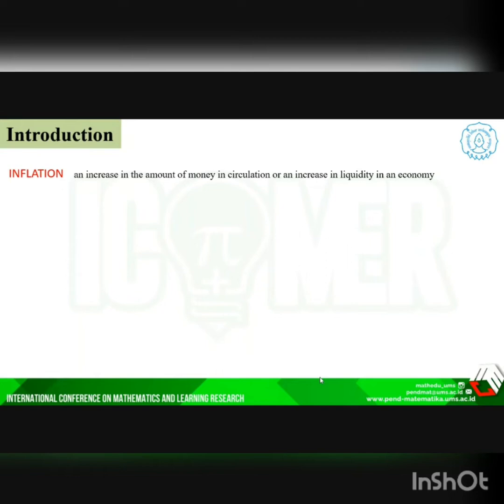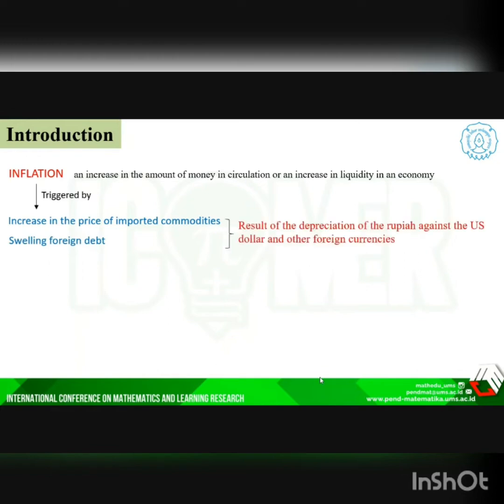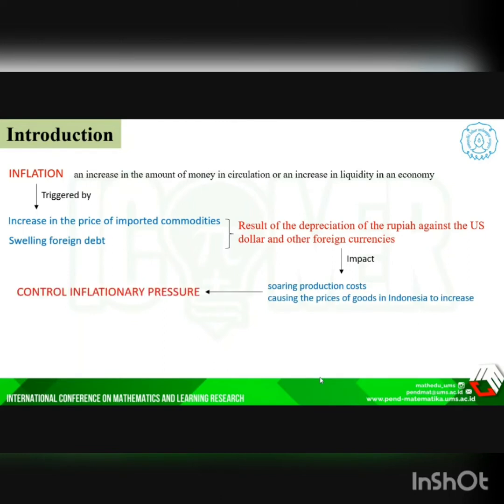According to Atmaja, inflation in Indonesia was triggered by increase in the price of import commodities and swelling foreign debt, a result of depreciation of rupiah against the US dollar and other foreign currencies. The impact of exchange rate volatility can be seen from soaring product costs and causing the price of goods in Indonesia to increase. Consequently, to control the inflationary pressure, it is necessary to stabilize the rupiah's exchange rate against foreign